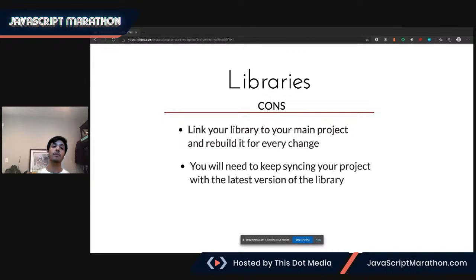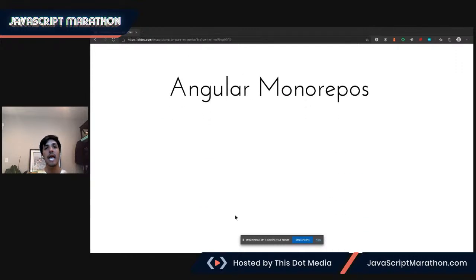So that's something that you have to keep in mind. You have to be coordinating with everyone in the company, or everyone who's maintaining the library, when new versions are coming out, and so on. So now we are gonna start getting to the cooler stuff, which are the Angular